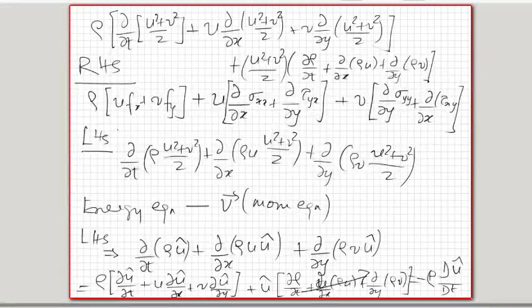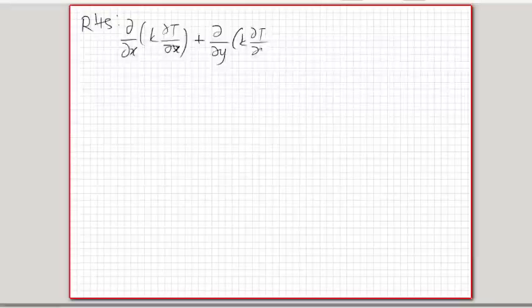So the right hand side will look like del by del x of k del T by del x. The conduction term will remain as it is because there is nothing to subtract out from there. Del by del y of k del T by del y is a term that will remain as it is, plus you will get